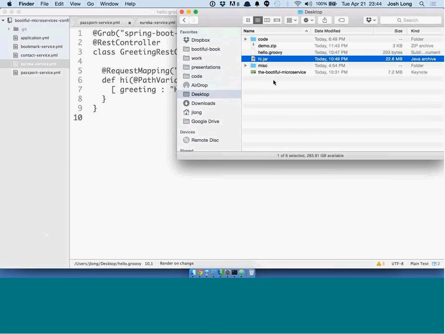You can do CF push and push that into the cloud and you're up and running. These features don't have to be excessive at all. It's only as big as you need it to be. And that's the whole point of microservices. You want to decouple this stuff. Right, and you